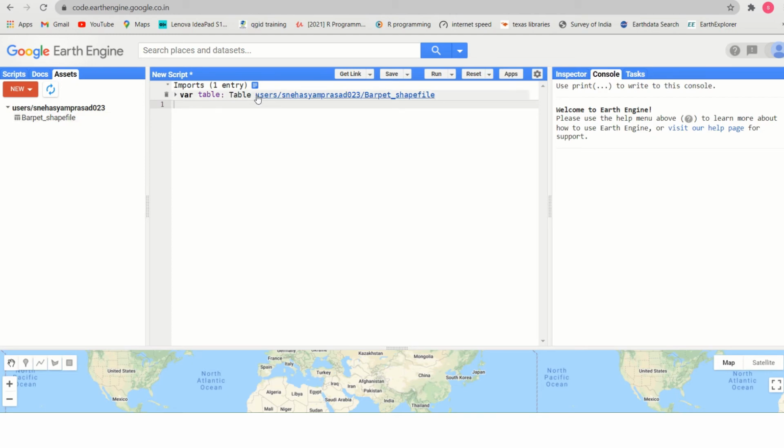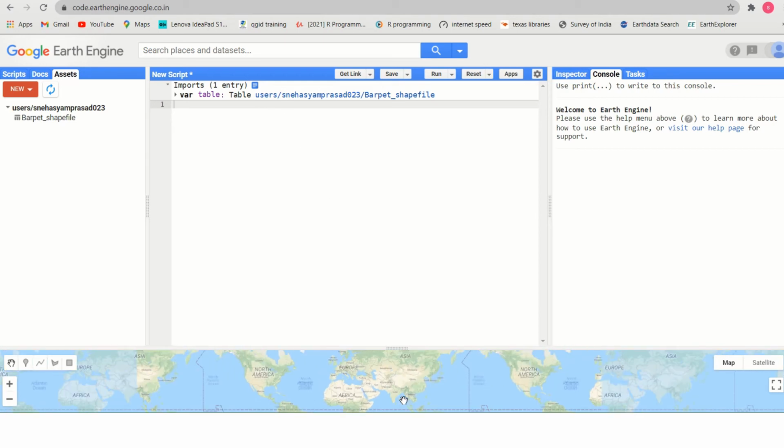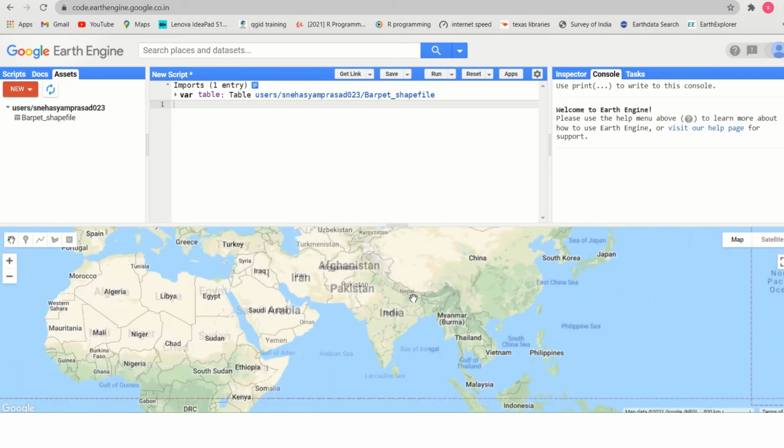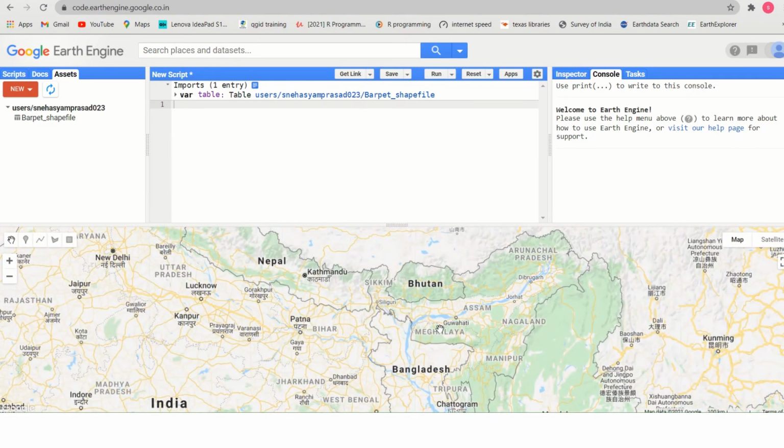The link will be copied so that it will directly appear here. When you start reading your shapefile, you can check in a particular place when you read the file. So this is how you need to upload the shapefile in Google Earth Engine.